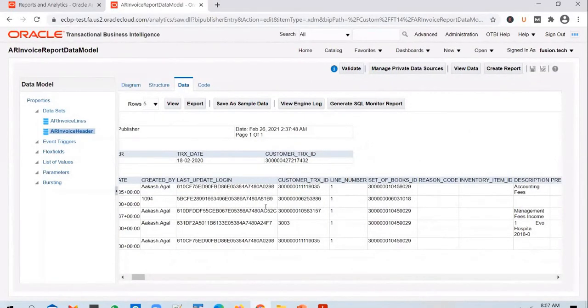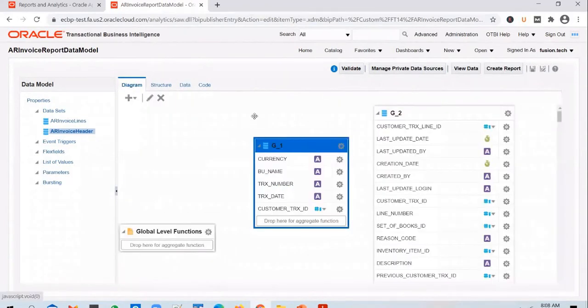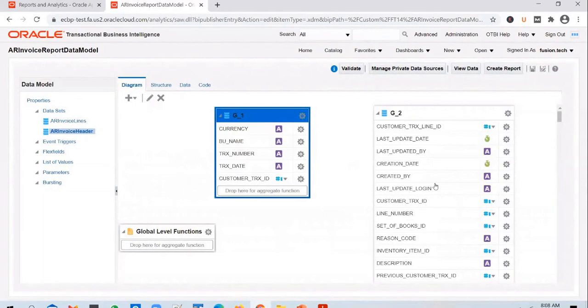If you look at 5001, the transaction ID for 5001 is ending with 432. But if you look at these lines, they do not belong to 432 transaction ID. It belongs to some other transaction. So how do you fix this? How do you ensure that only the lines that belong to this transaction get printed? So in other words, how do you link this query with this query so that only the lines of this transaction will be printed?